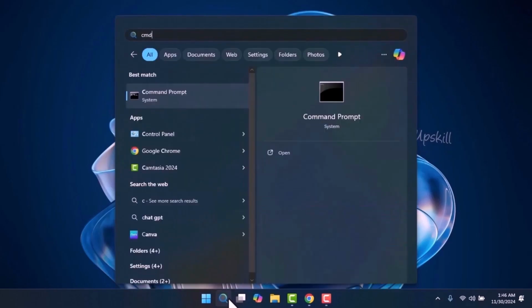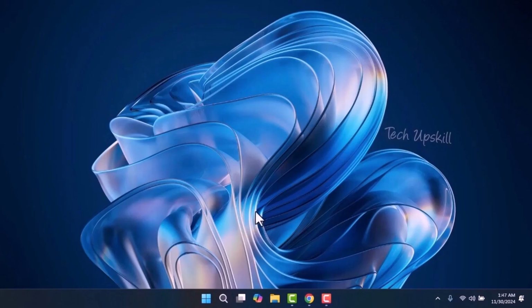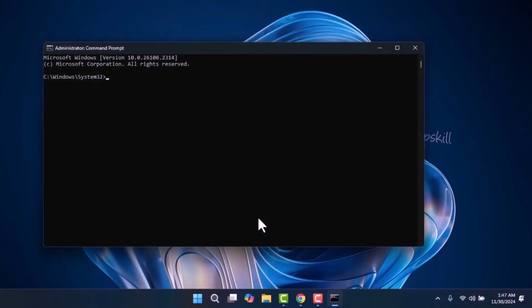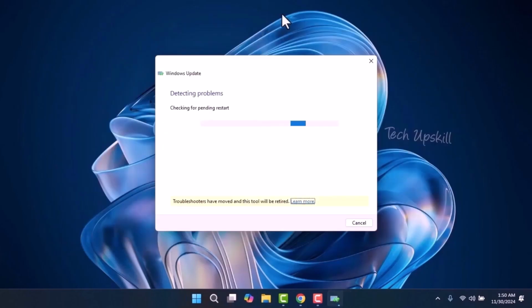Open Start menu and type cmd and run as administrator. Then write this command: msdt /id WindowsUpdateDiagnostic, which I will leave in the video description. Click Next to allow the system to automatically detect and fix any issues. Once the process is complete, restart your computer and try updating your PC again to check if the problem is